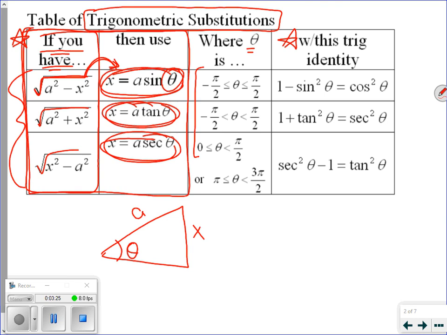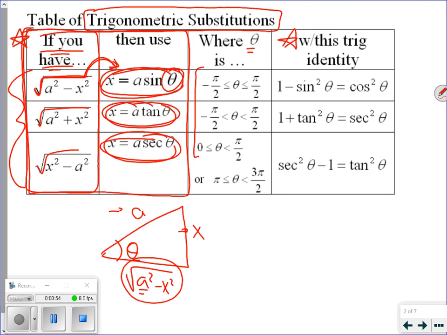Well, if that's true, then the missing side would be the square root of a squared minus x squared. That's just doing the Pythagorean theorem: a squared plus b squared equals c squared. If I'm given this side a and this side x, the missing side would be the square root of a squared minus x squared. So the fact that we have this value on the triangle here,